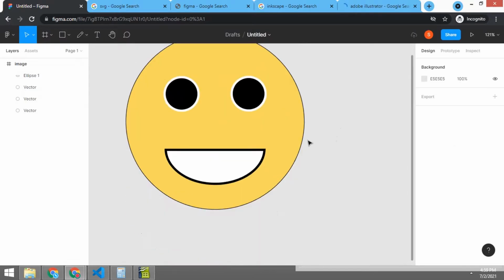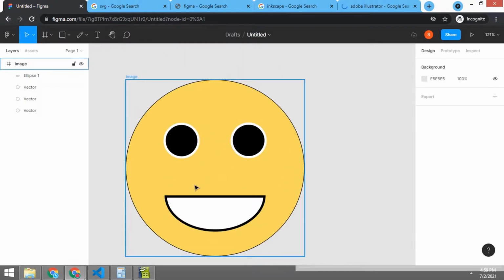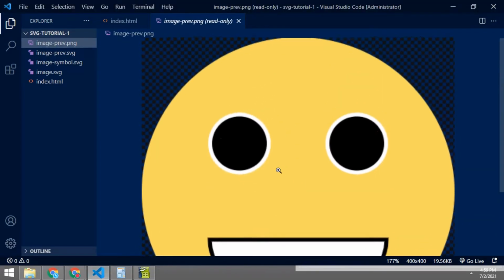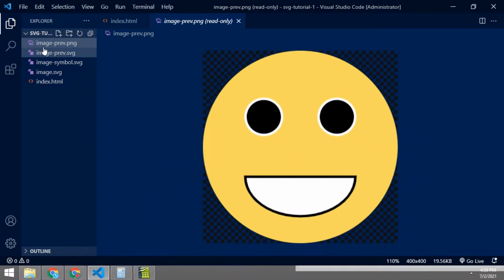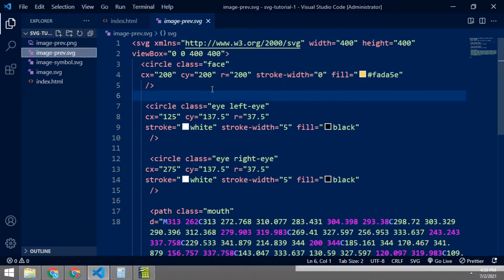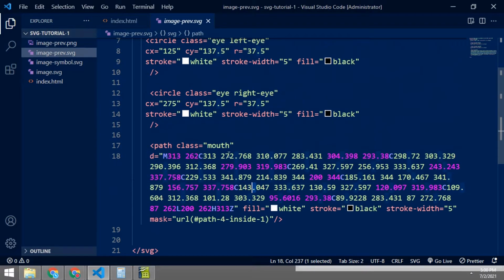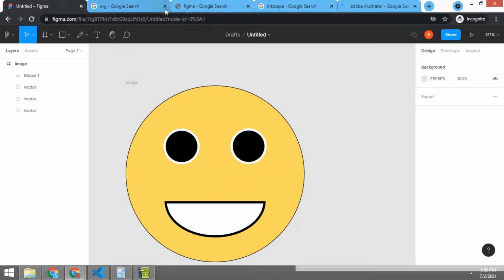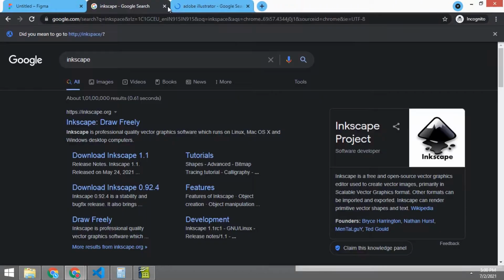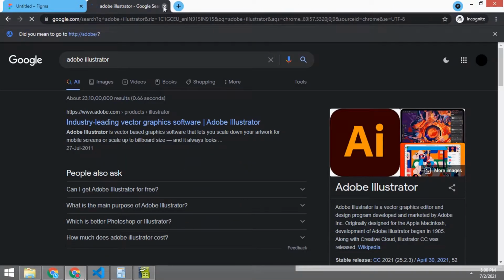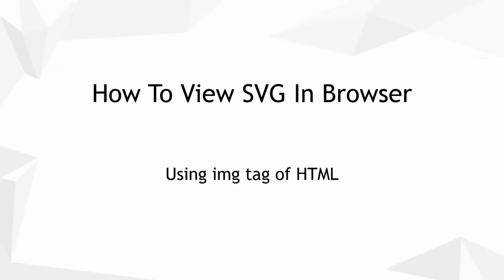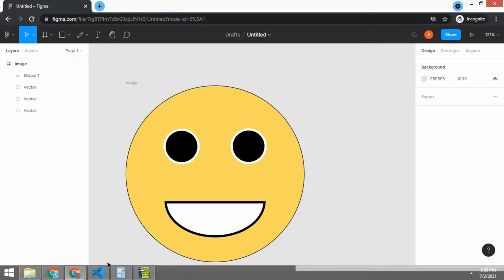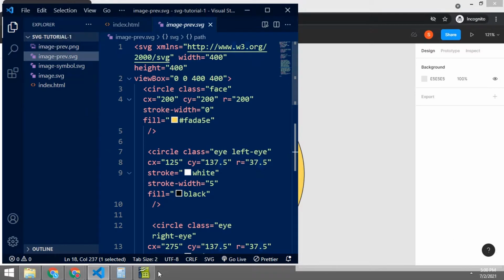I can change it here in Figma, or after some time in Inkscape or anything like that. But if you want to change an actual image like a PNG, we have to go to Photoshop or any photo editing tool.